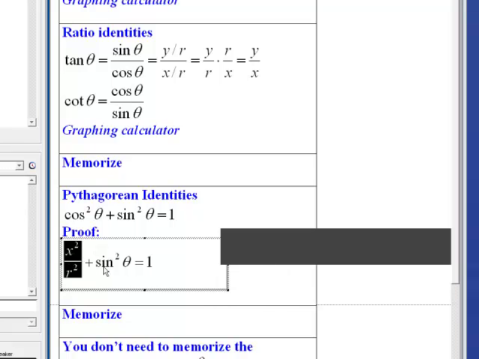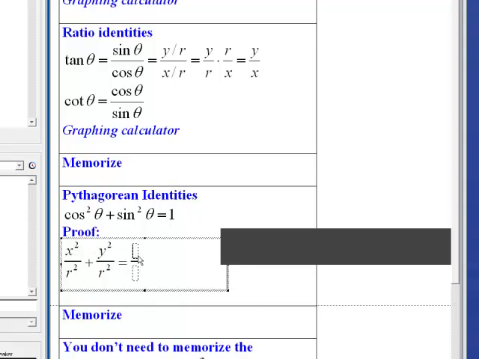Sine is defined as y over r, and that needs to be squared. And what do we get on the other side? Well, we're getting x squared plus y squared